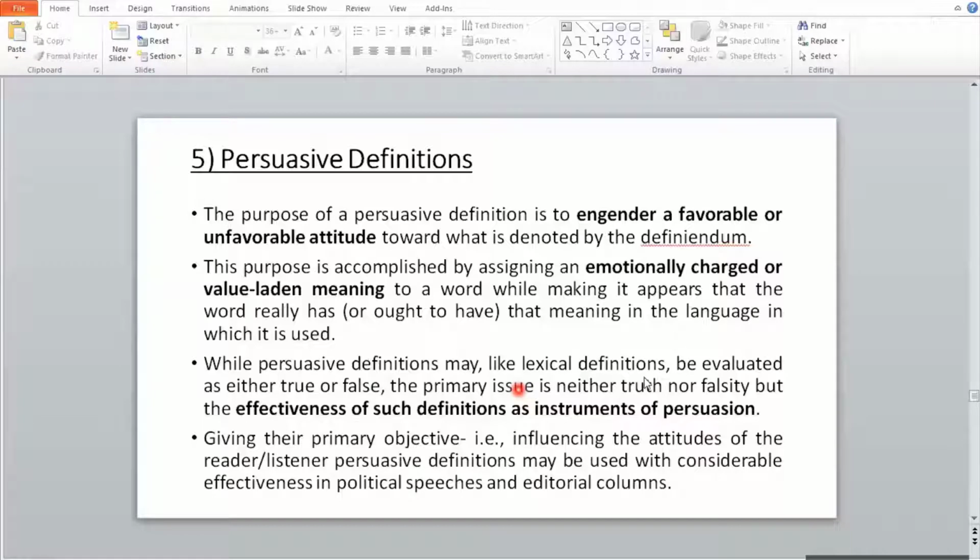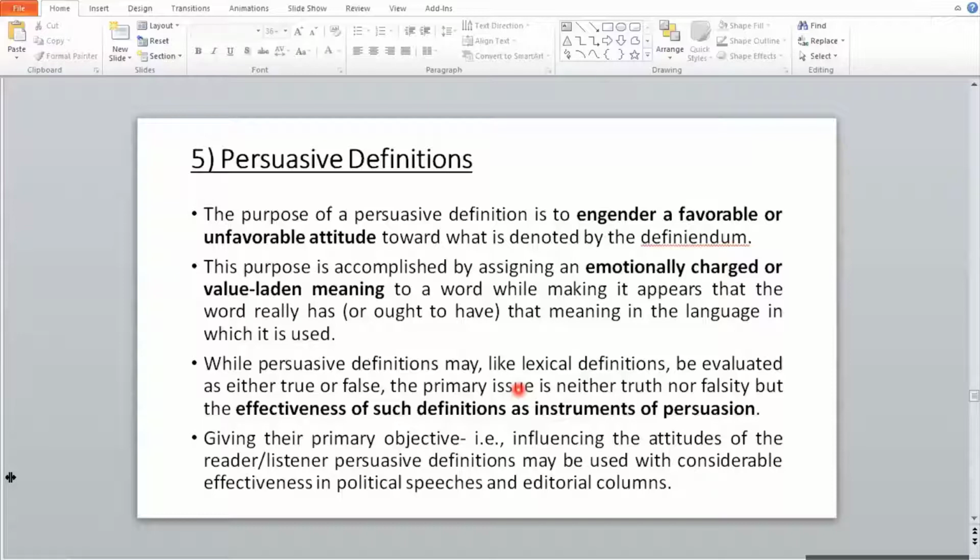As I have told you, it uses some emotive expressions, value-laden terms. Always don't forget, when you add emotionally charged or value-laden meanings for the audience or the reader, they will accept you, or you will influence their attitudes or their perception,